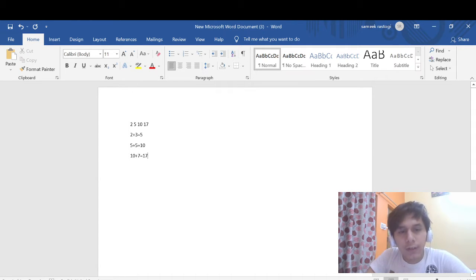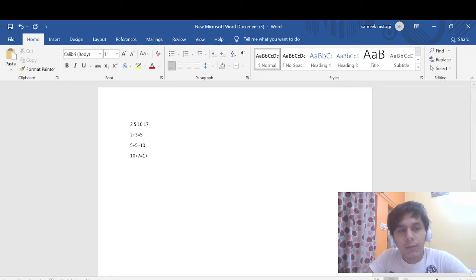So it is very clear that all the odd numbers are there. You can see that 3 is an odd number, 5 is an odd number, 7 is an odd number, and you will not see 2, 4, 6, because they are even numbers.